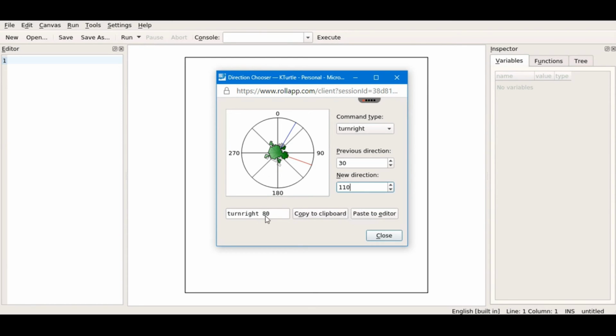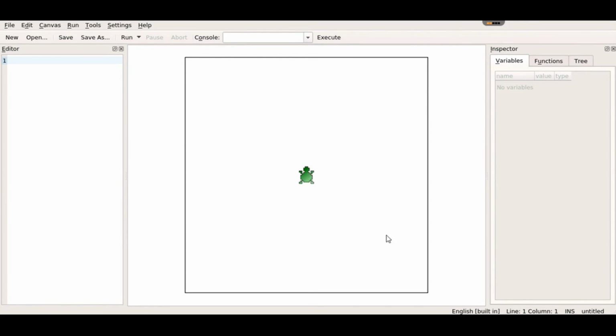So this command will move from here to this point. Click on close. So now we have that command here. Now you can click on run command to execute your turtle. So now the turtle moved to the 80 degree on this side. So in this way you can use the direction command.